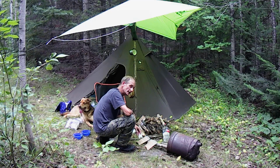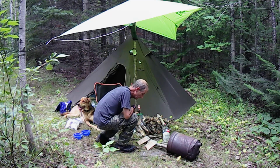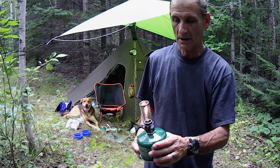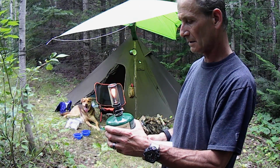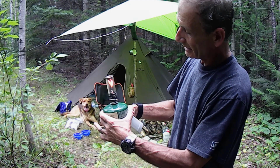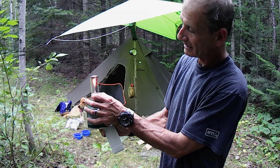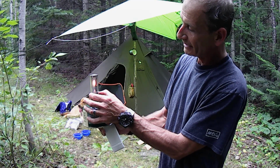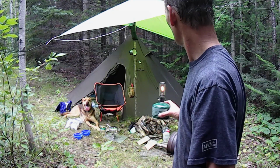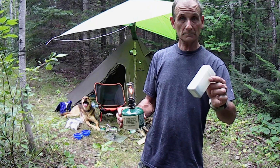And I got a new piece of kit. It's not really a lantern. It's kind of like a candle, really. And you just turn it on here and you adjust it here. And like I said, it's just a small little light, but it gives a little glow around camp. I just wanted to light it just to show you guys. It came in this little